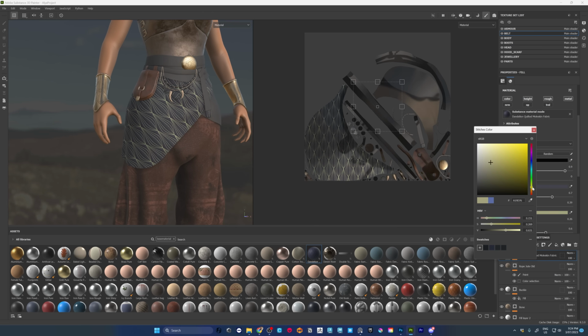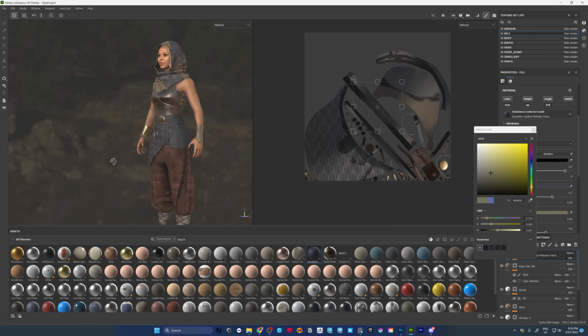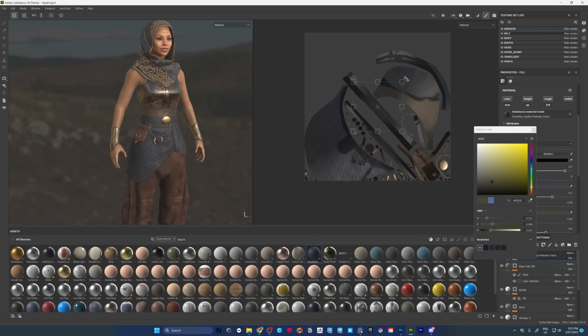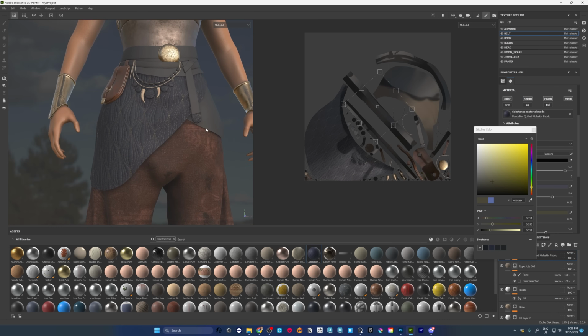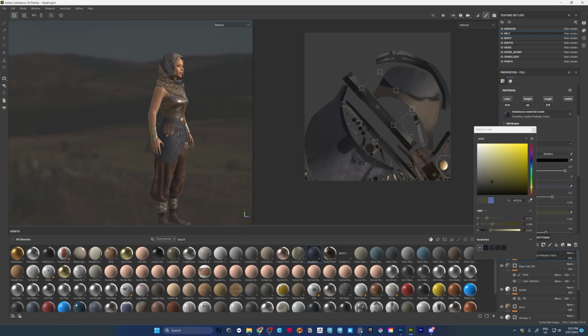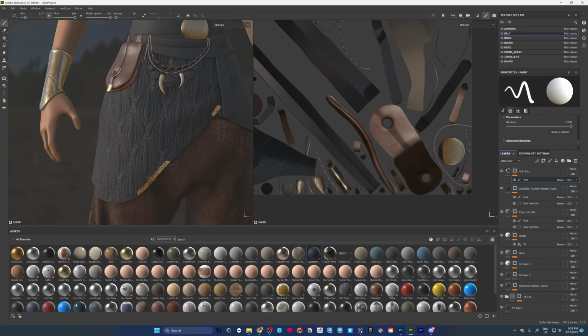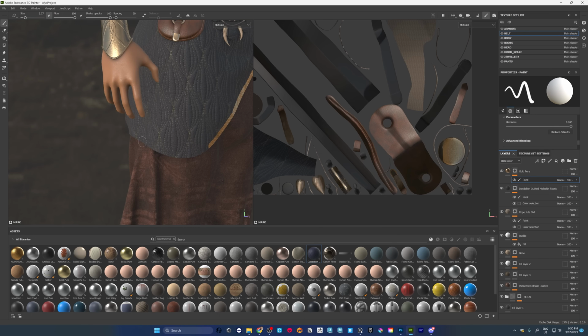This was another material. I've actually got most of these materials from the Substance 3D Assets store. They've got some really great stuff on there, and everything is so insanely customizable. You can basically make it nothing like what it is that you bought it from. So I did a bit of study on materials of characters from this region, and